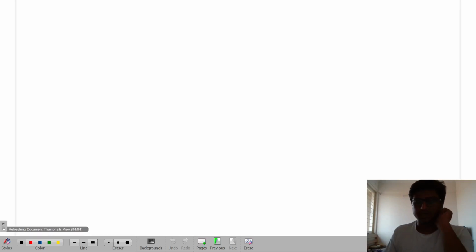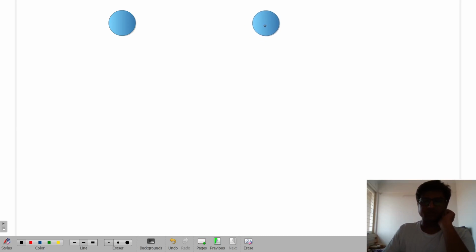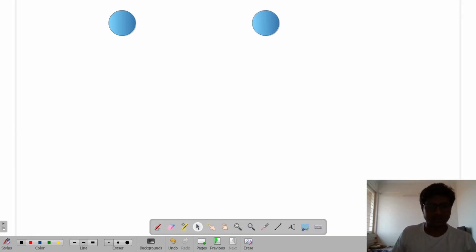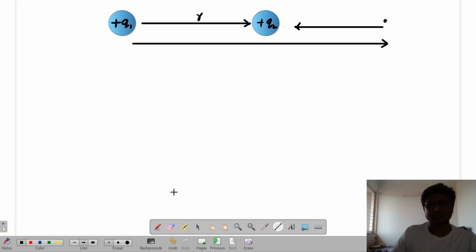So look over here. That's our conclusion: if I have two same charges, one is fixed and one is movable, this is plus Q1, this is plus Q2, and I bring this plus Q2 from some R initial to nearer, to R. Then some work is done by the external agent, and that increases the potential energy of this interaction. Are you able to get me?